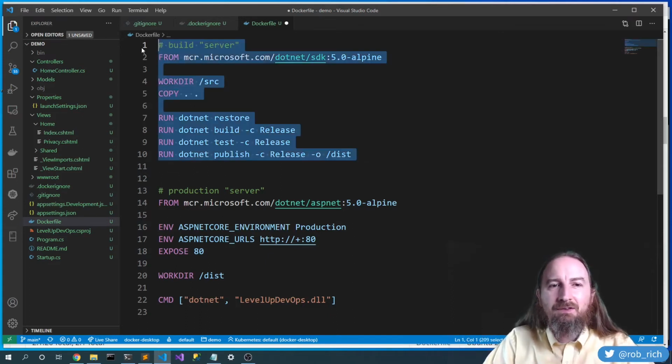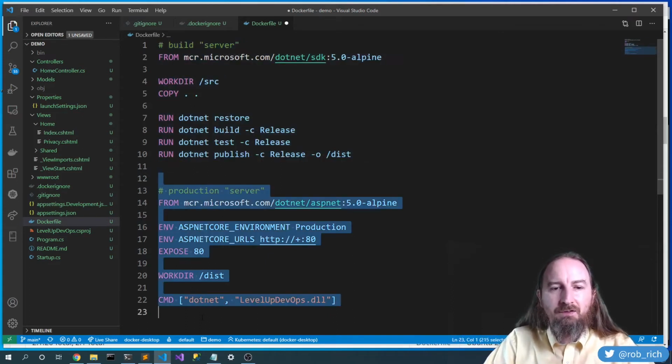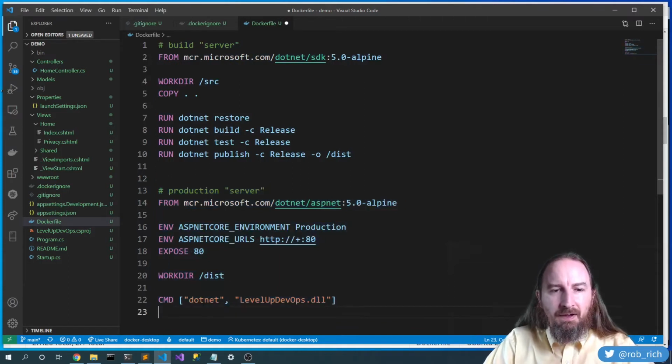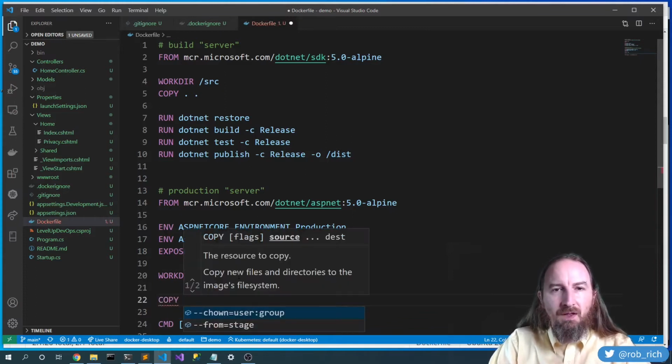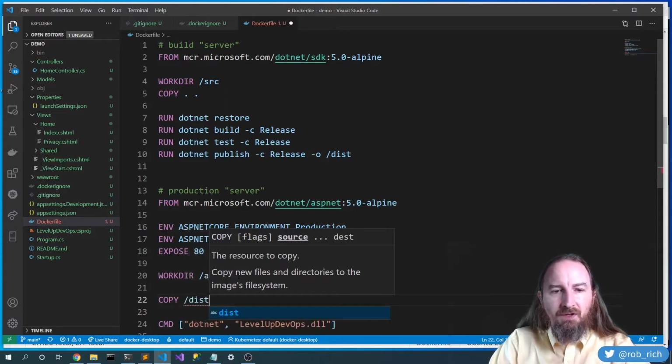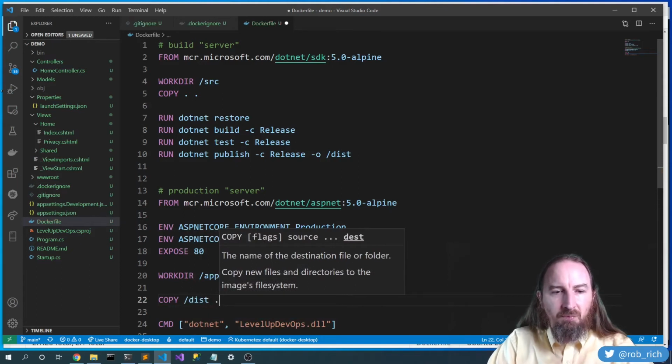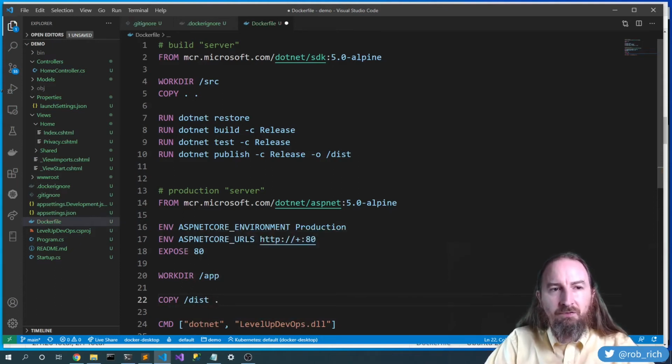Here's the one that does all the building. Here's the one that does all the running. Well, now we need to be able to get this dist content into our workdir. Well, let's change this to app. We need to be able to copy that content into place. So let's copy. Now we want to copy from dist into the current directory, but in this case it would go looking for that dist folder on our home, on our host file system. We want to copy